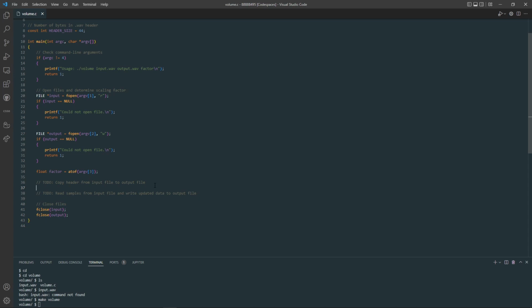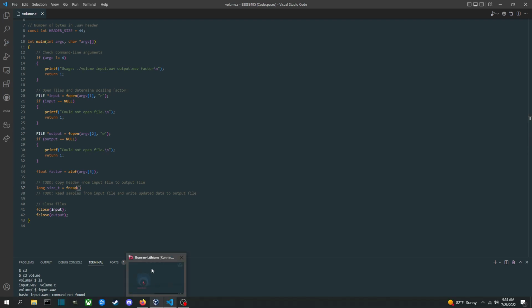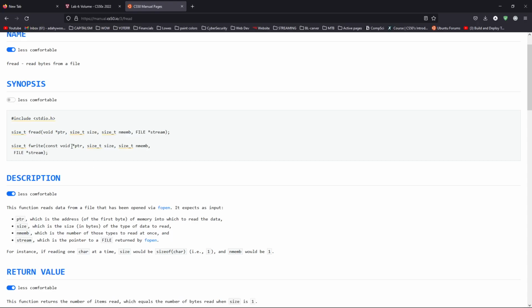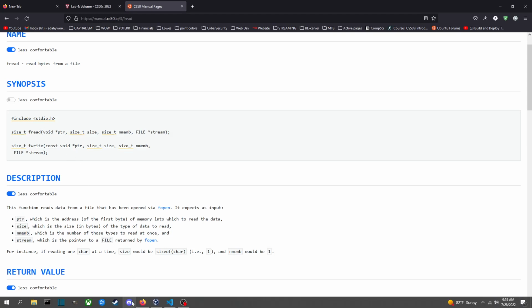So, long, no long, we'll just do size_t f is equal to fread, times, and how does this one, void, the pointer,